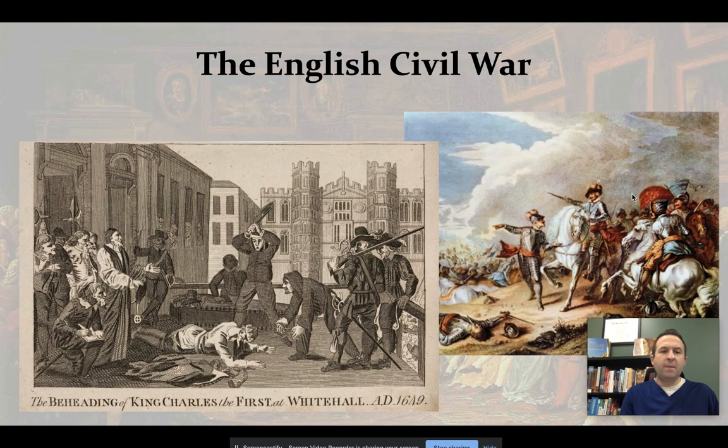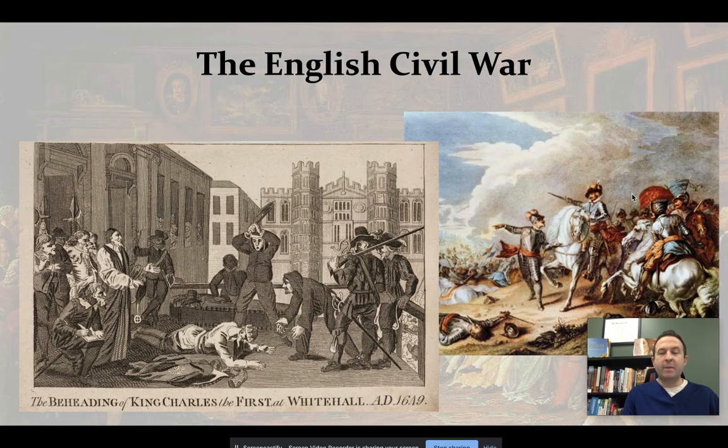Now, one of the prominent military leaders here is a man by the name of Oliver Cromwell. I'm sure most of you have actually heard his name in history. He's a fiercely Puritan, independent, and military leader of the Roundheads. And he will lead what is known as the New Model Army to victory in 1649. And ultimately, Charles will have to surrender himself to the Scots.